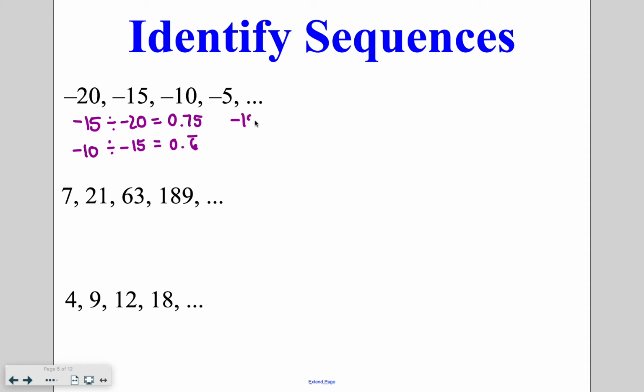So I'm going to move on to check if it is arithmetic by checking with subtraction. So negative 15 minus negative 20 and negative 10 minus negative 15. Those double negatives turn into positives, so I get a 5 for the first one and a 5 for the second one, meaning that this is an arithmetic sequence because we are finding our terms with a common difference of